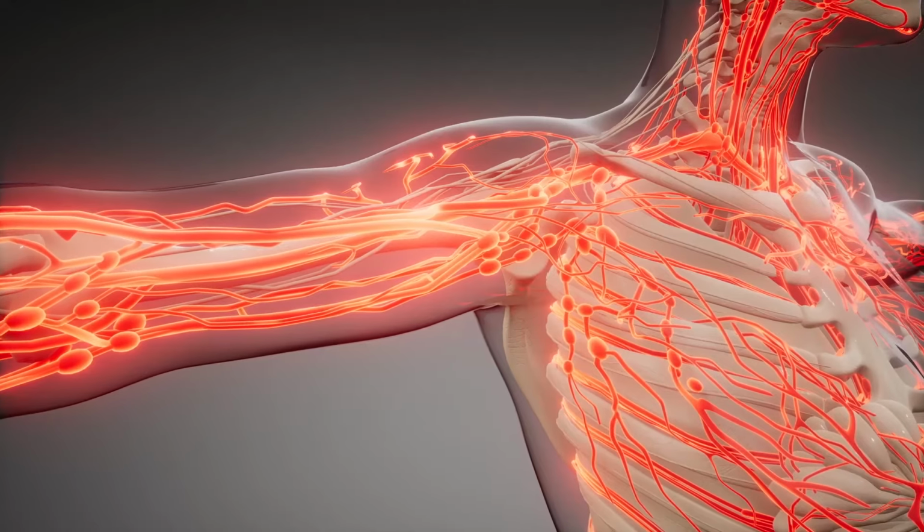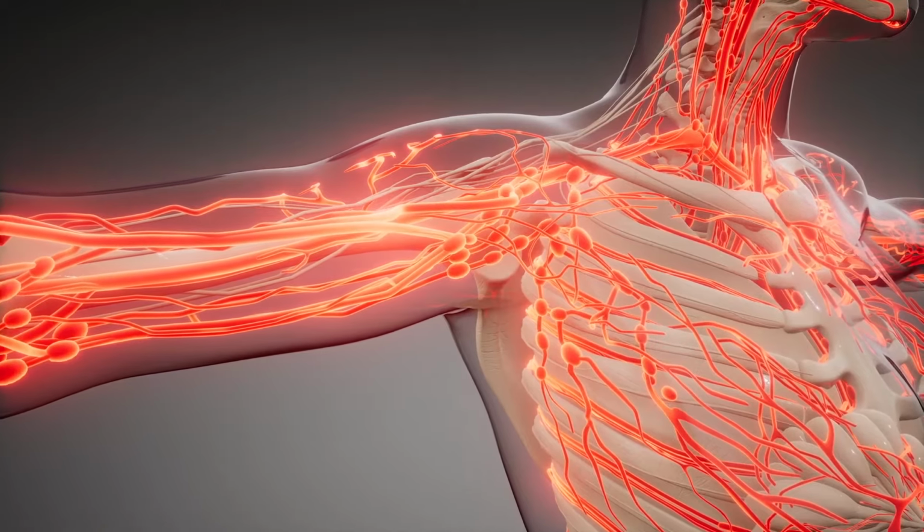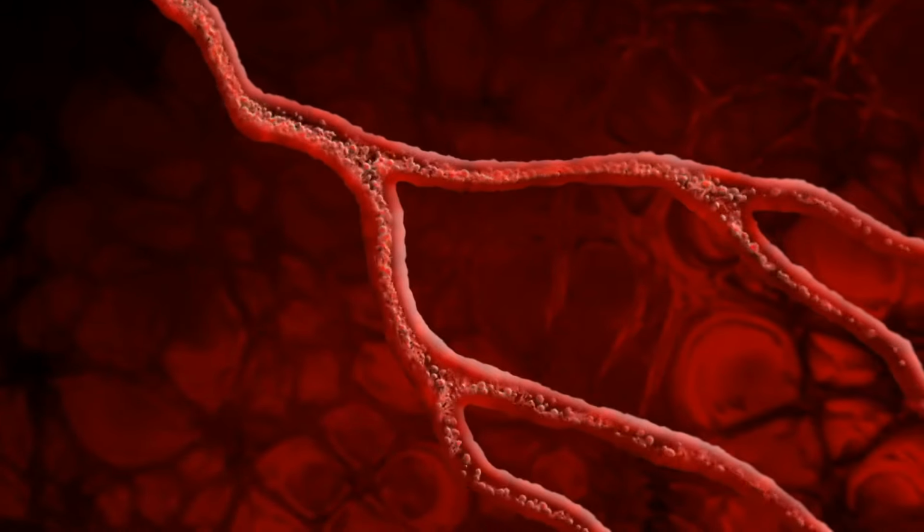So here's how it works. As you're exposed to the cold, your blood vessels constrict. And then all your blood gets pushed towards your organs. Now, as a result, your blood acquires more oxygen and becomes super nutrient rich. As your body starts heating up again, your blood vessels expand. And as your blood vessels expand, oxygen and nutrient rich blood flows back to your tissues, helping flush out the